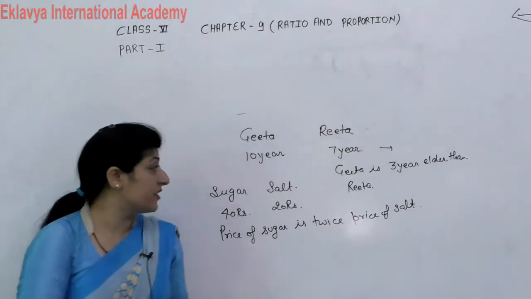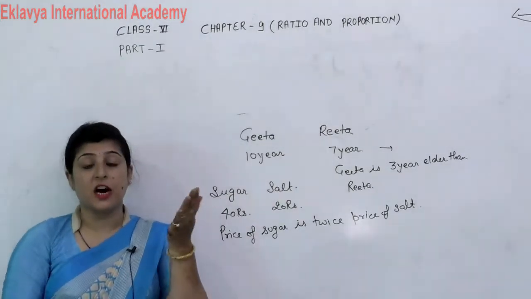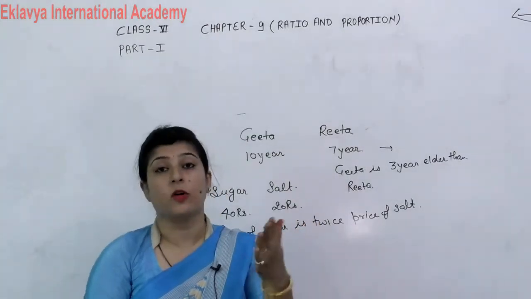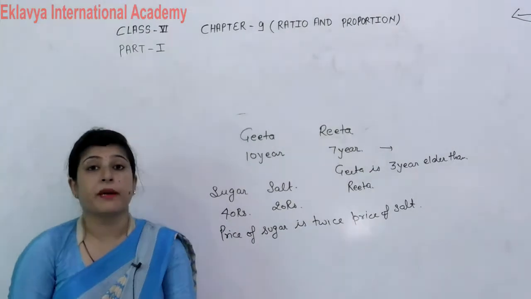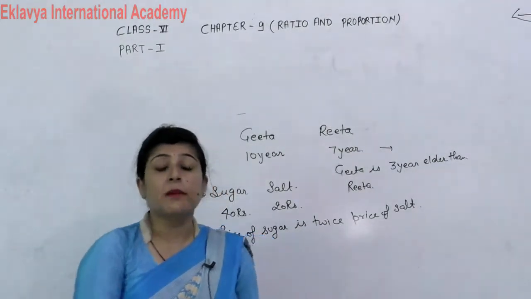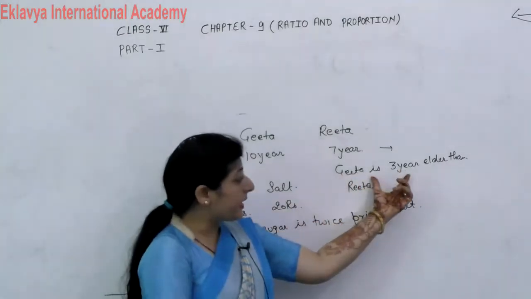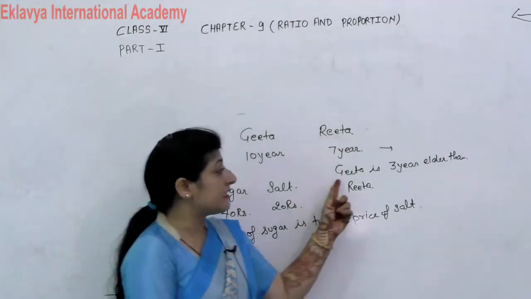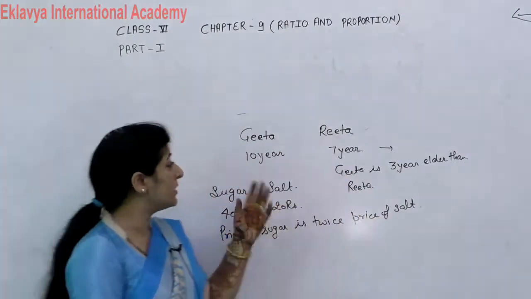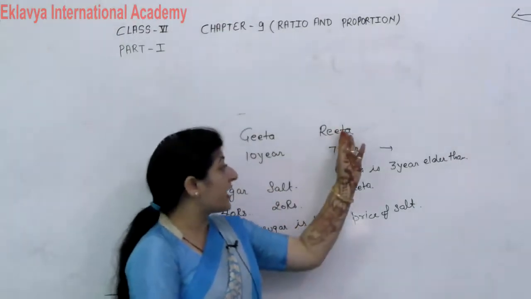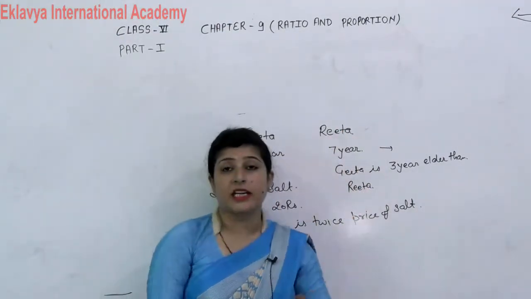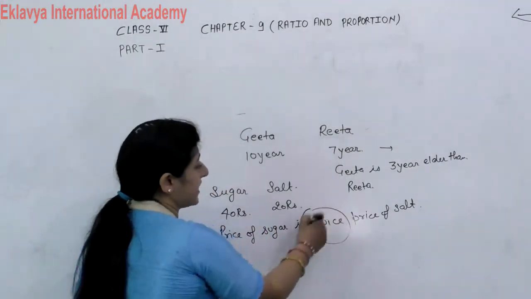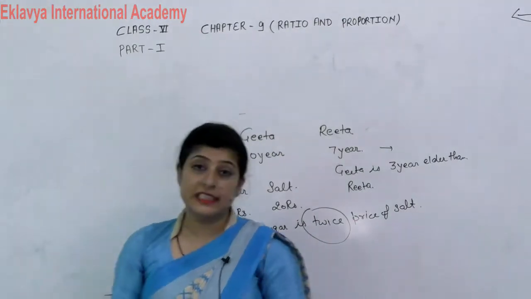In price, in years, we can say something is taller by how many meters, something is longer. If you see these types of comparison properly, there are two types of method. When we are comparing like this, we have to do subtraction. Geeta is 3 years elder than Rita. If we know that Geeta is 10 years, then for finding Rita's age, 10 minus 3 is equal to 7 years. In this, twice means multiplication, or sometimes we will use division.